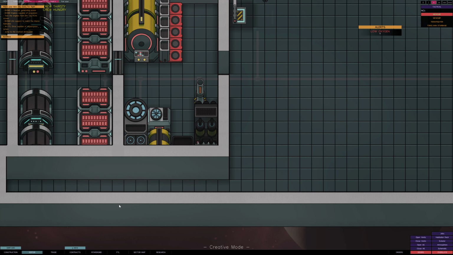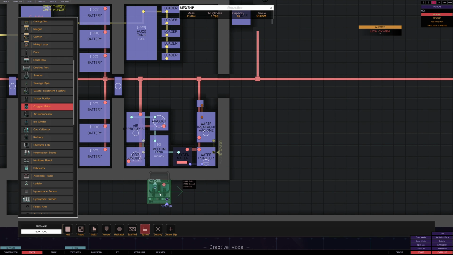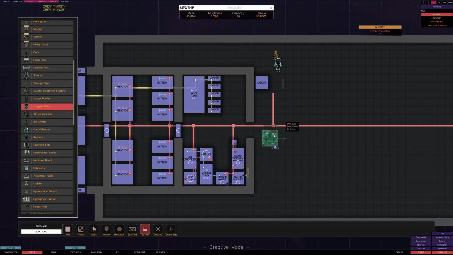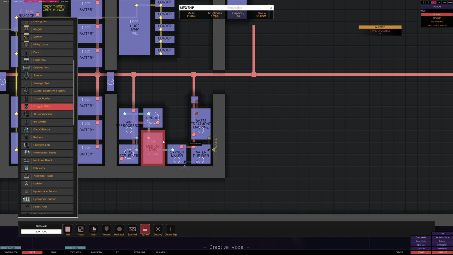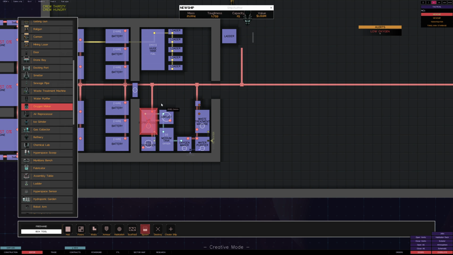Okay, so powering up there. Can't really see, the walls are blocking it. Power it on. If this wheel turns, then you know it's being used. But we have one guy in here, he probably hasn't used the bathroom yet. So now we have waste treatment set up. So whenever we have crew on here, it'll go through this system and produce more oxygen for us, for the